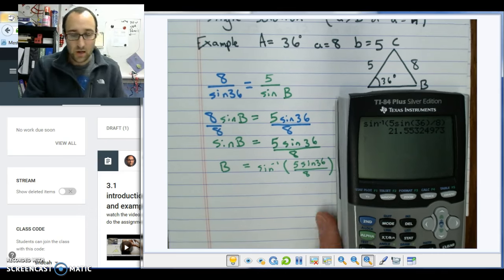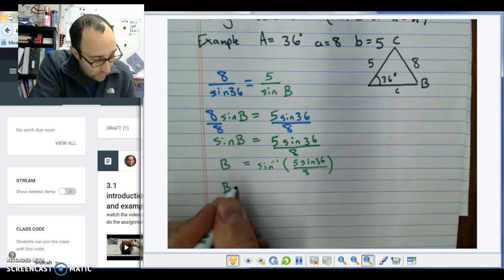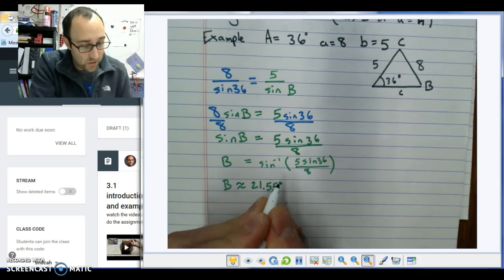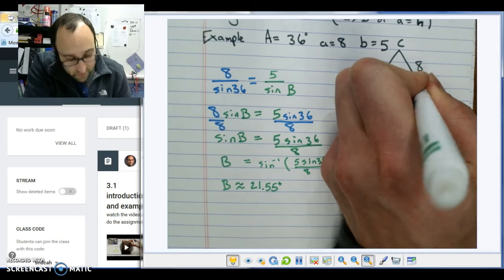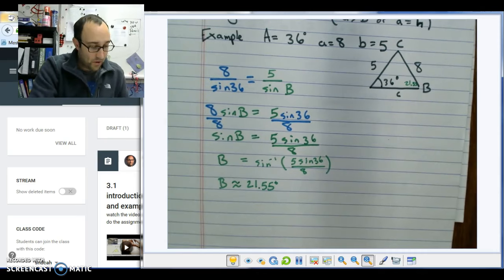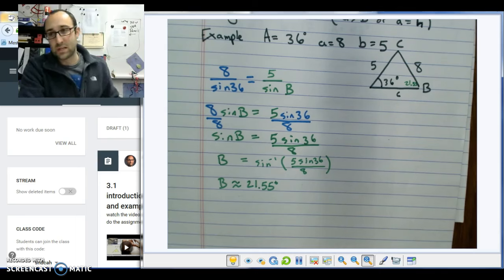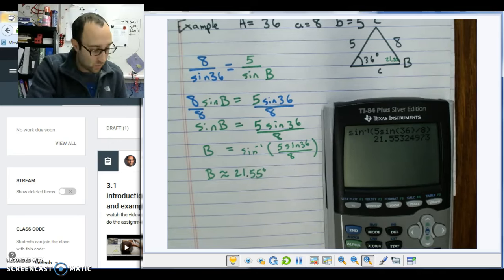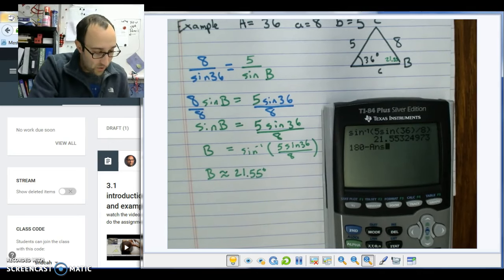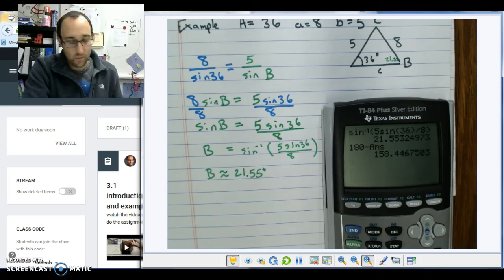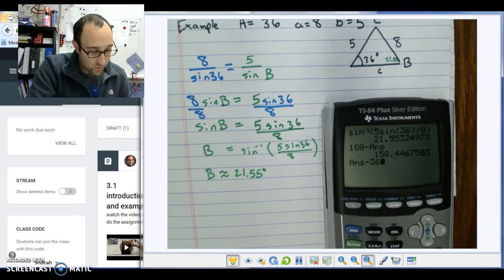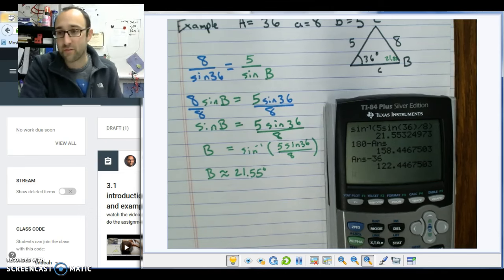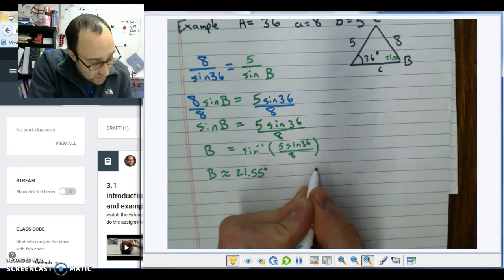and I get an answer of 21.55 degrees. So we'll say B is about 21.55 degrees. All right, so we've got that part. If I know what B is and I know A, I can figure out C. So I'm going to take 180 minus that one, which was my previous answer. So now I'm at 158, and I'm going to subtract 36 from that to figure out that the measure of C is